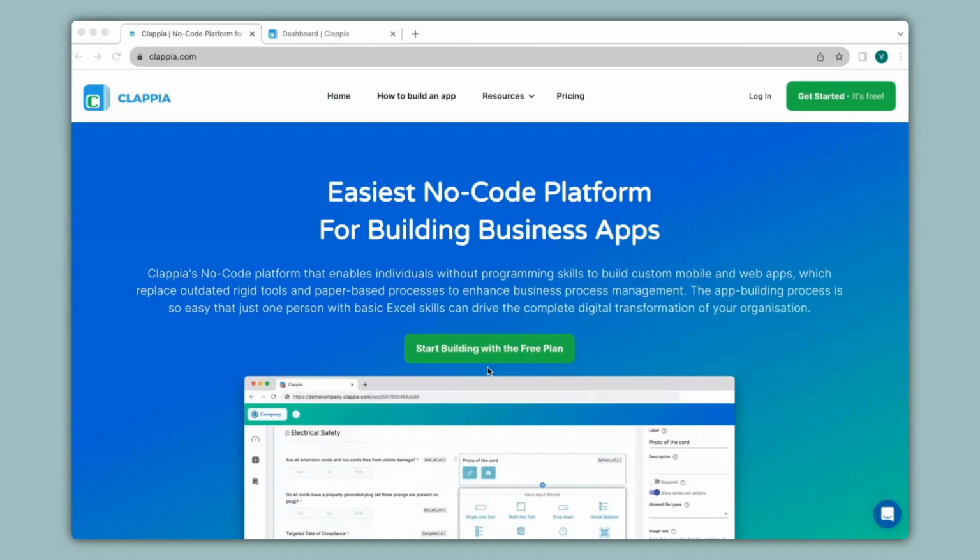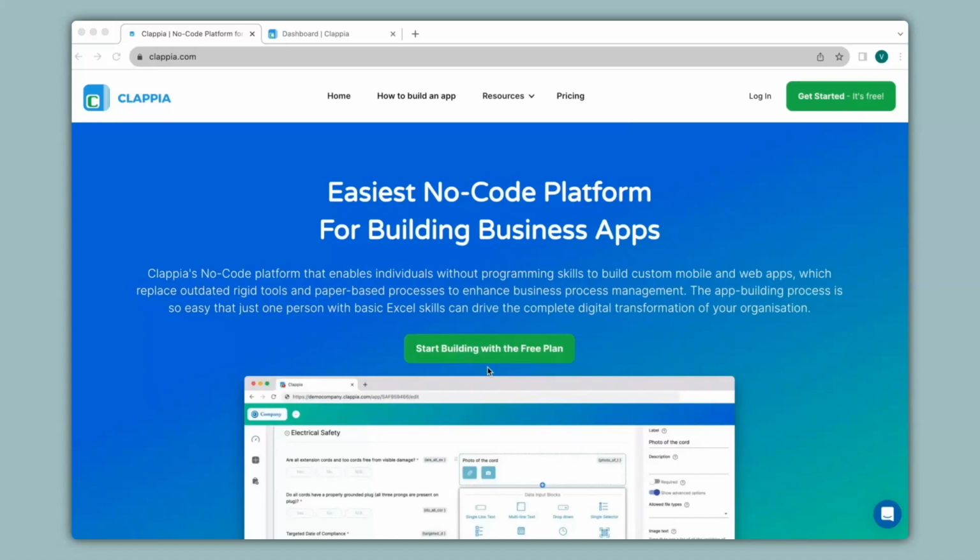In this video, we will go through how workflows work in Clappia and how to use different workflow nodes available. Workflows are important if you wish to incorporate your business process flow into your app. For example, if you have made an inventory app and a stock is running low for a certain item, and you would like to receive an email notification reminding you to restock, then Workflows helps you out in automating the